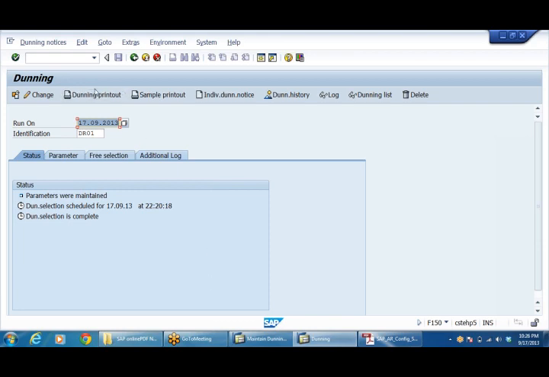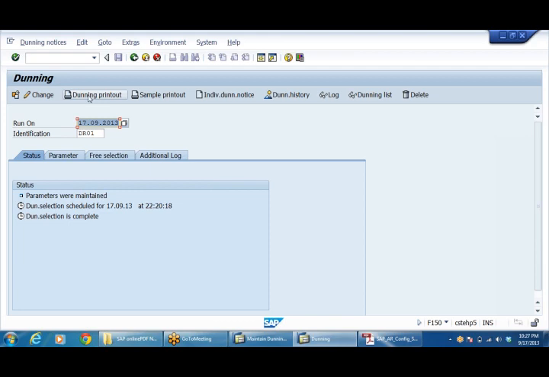Now go for printing. Generally we use dot matrix printers, because I'll be printing 1+1, as I'll be sending it to the sales officer. Let the sales officer personally take it to the customer. Because if I send it through post, he may or may not look at the letter, or he may say that he has not received it. Of course, if I'm sending by courier, an acknowledgement will be there. So depending upon the requirement, we'll do it. Sometimes we get the signature of the party, so that I can also use that for legal requirements.